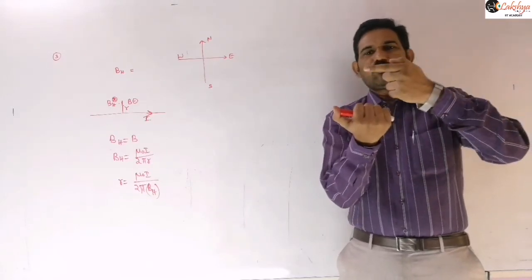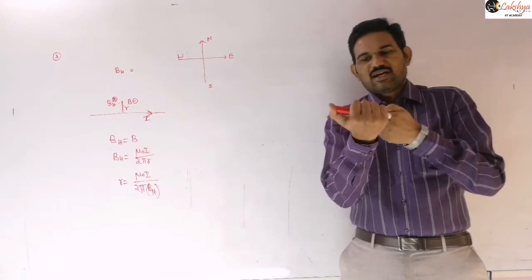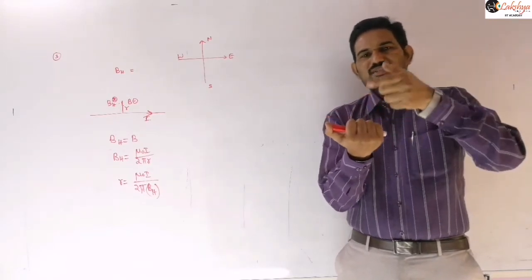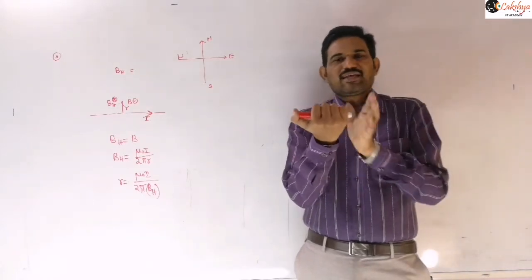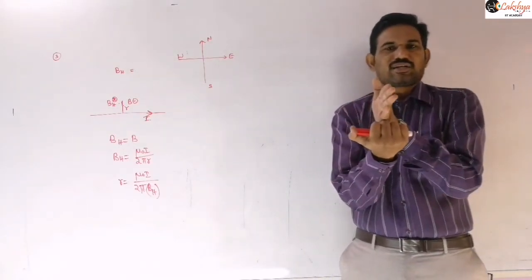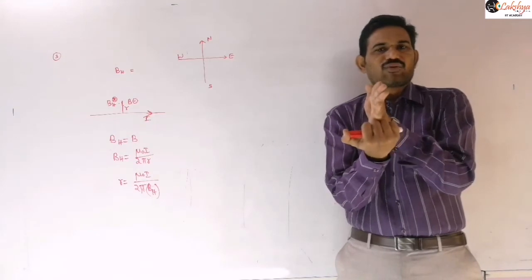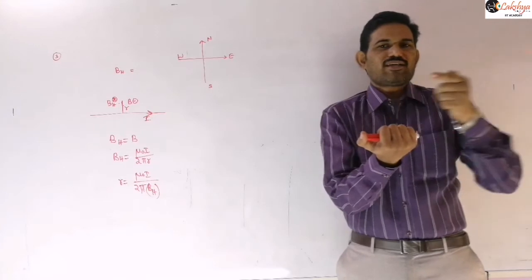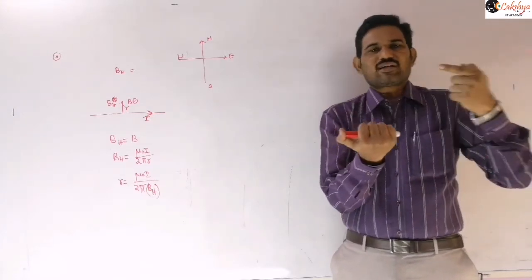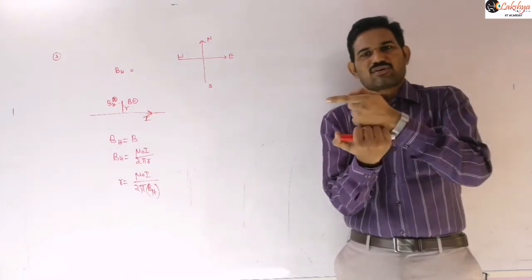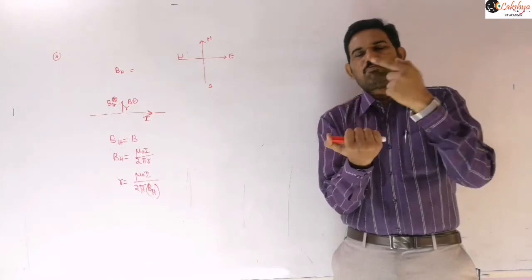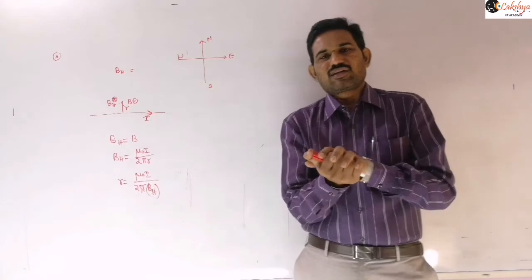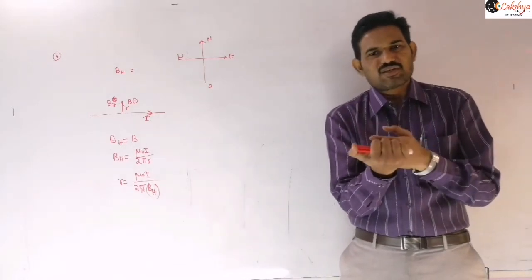If you are taking a point above, the field will be towards east, and if you are taking a point on the east side, it will be vertically downwards. So the magnetic field at any point will be lying in this perpendicular plane, that means a vertical plane. And BH will be along the horizontal direction, so that BH and this B will always be perpendicular to each other, so you never get neutral points due to the BH component.